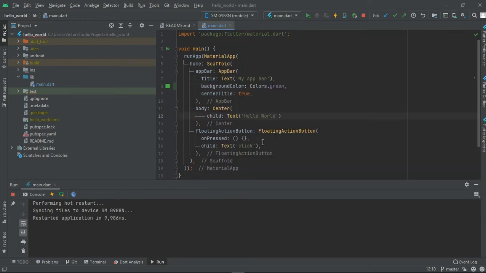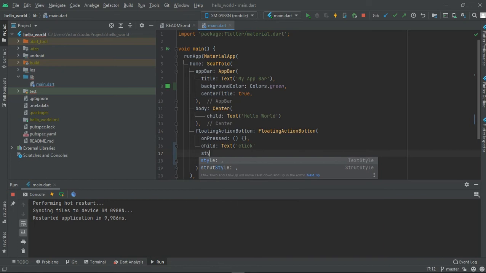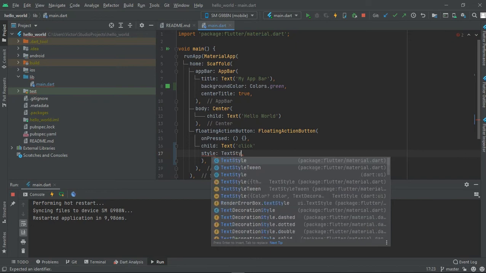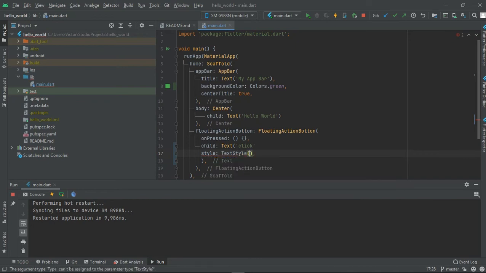So let's also try to change the color of the text. It will be different here. We'll come inside the text, and then we have something called the style, and then get, which takes a property of TextStyle, and inside this TextStyle you can change our